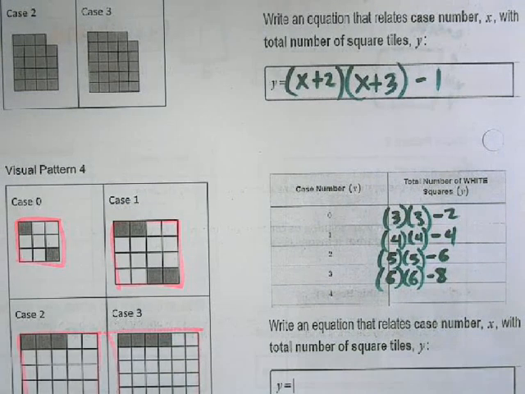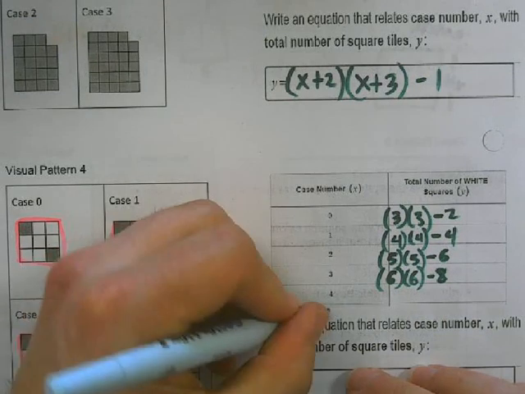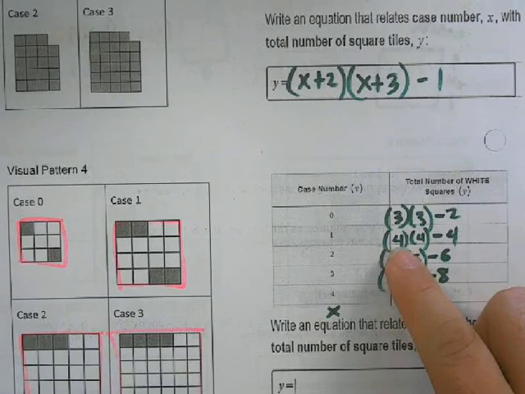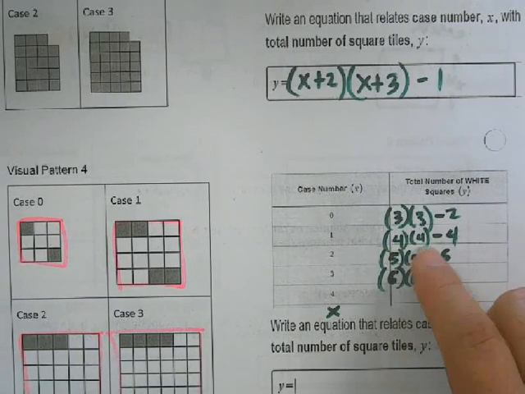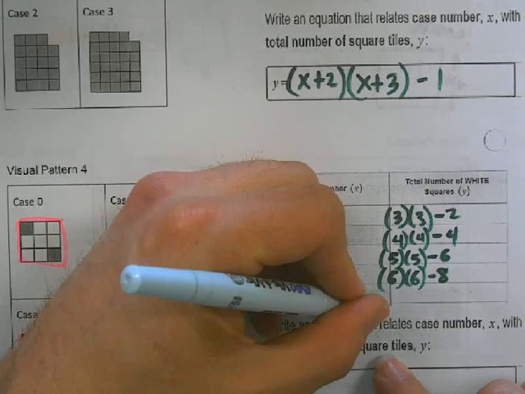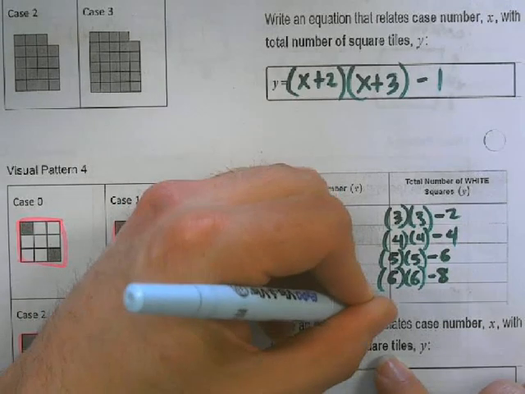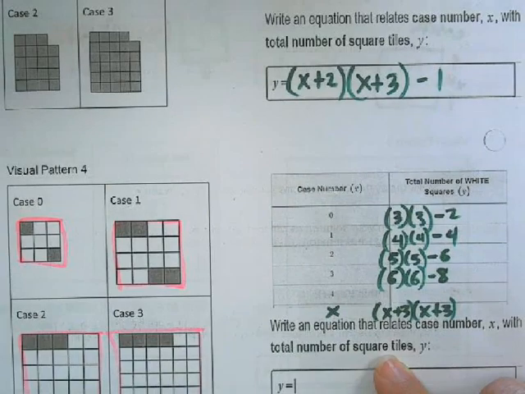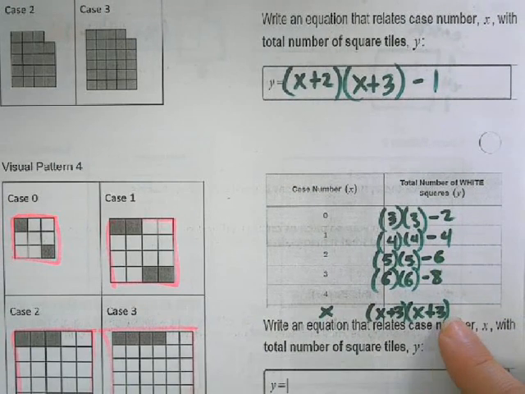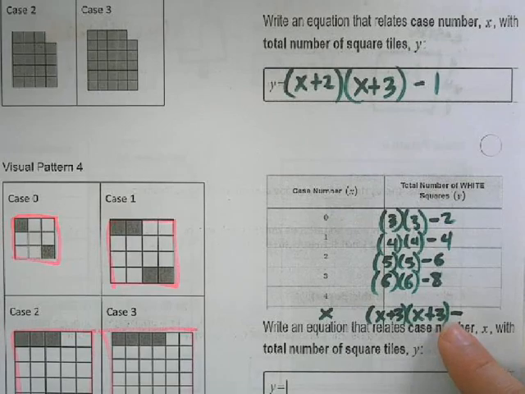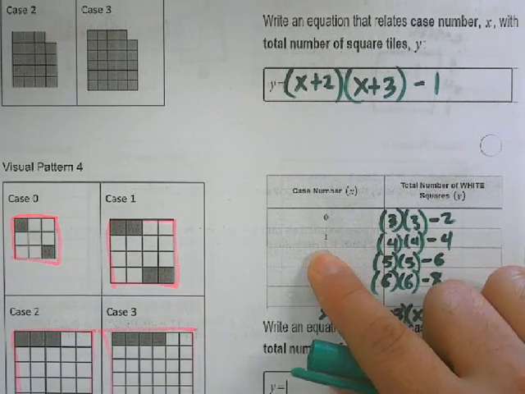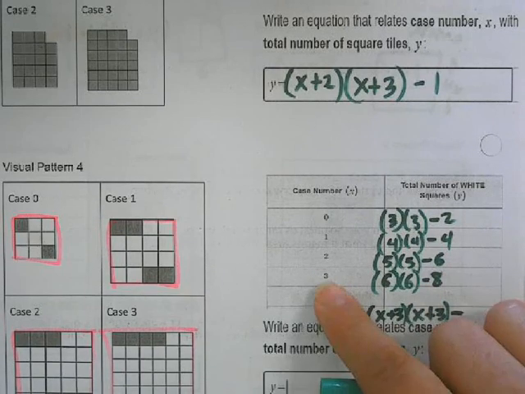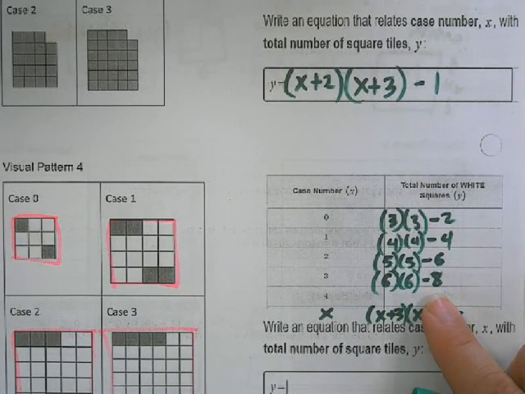So basically, if I've got x here, in case 1, this is 3 higher, right? This is 3 higher. So in case x, we've got x plus 3 times x plus 3. And we're taking away, what are we taking away? So here, if it's 1, we're taking away 2. If it's 2, we're taking away 6. If it's 3, we're taking away 8. So we're taking away